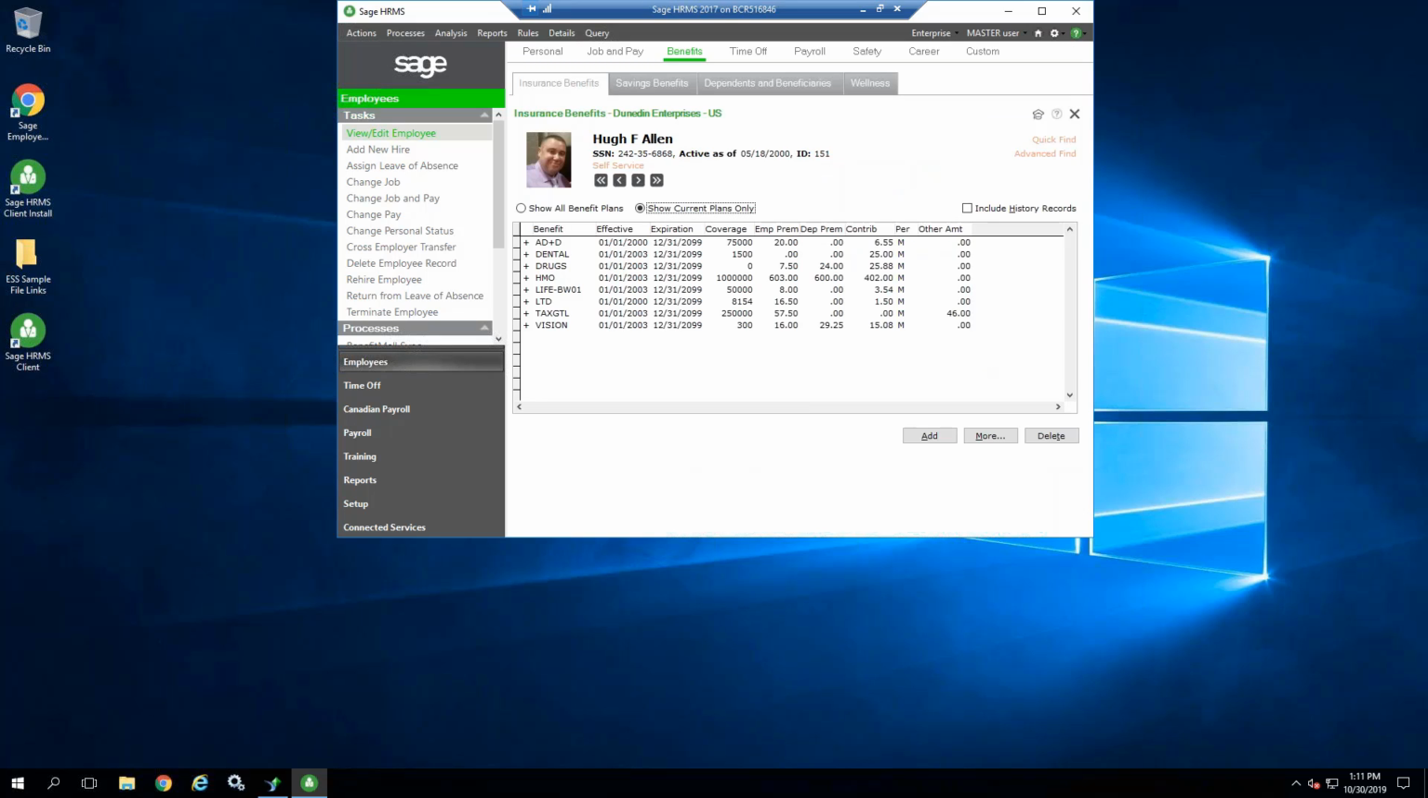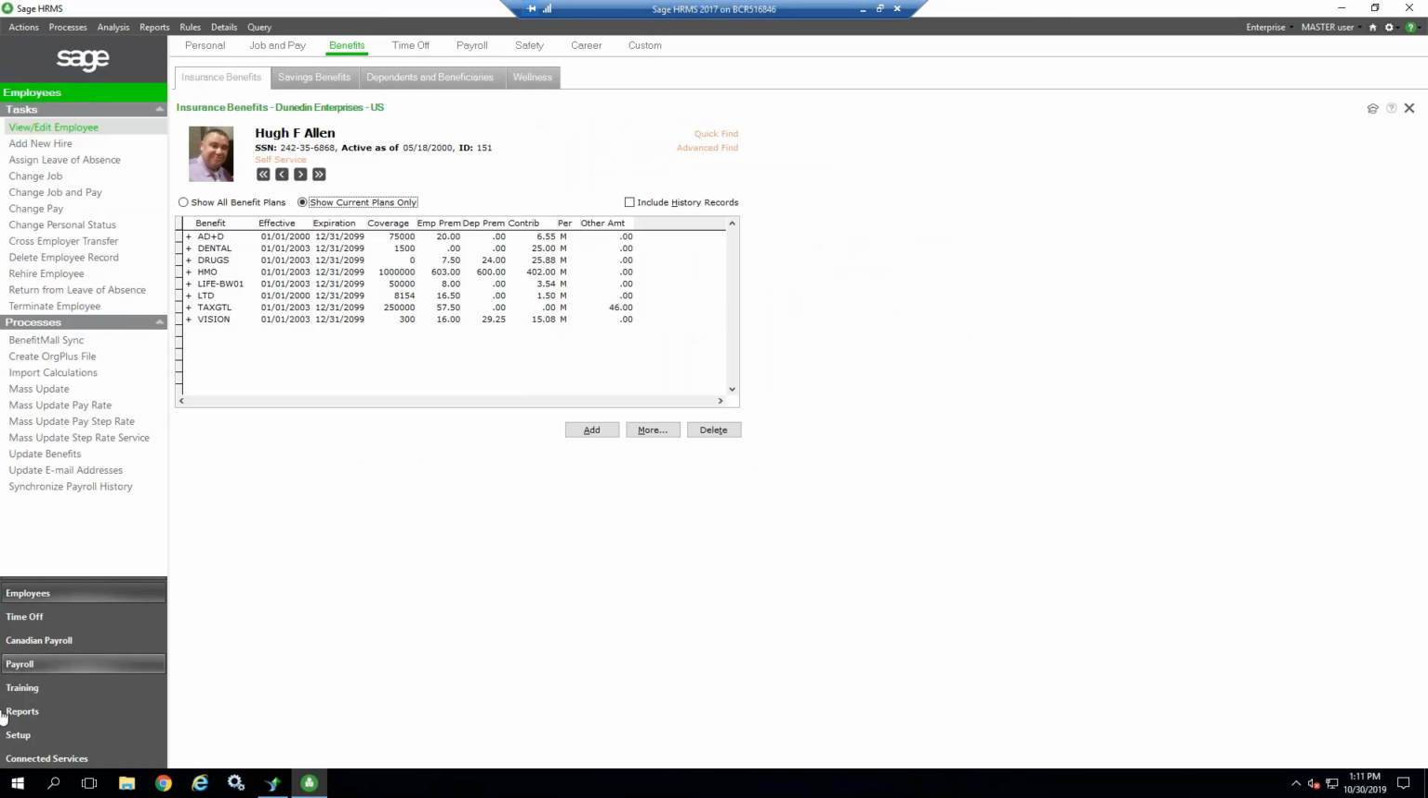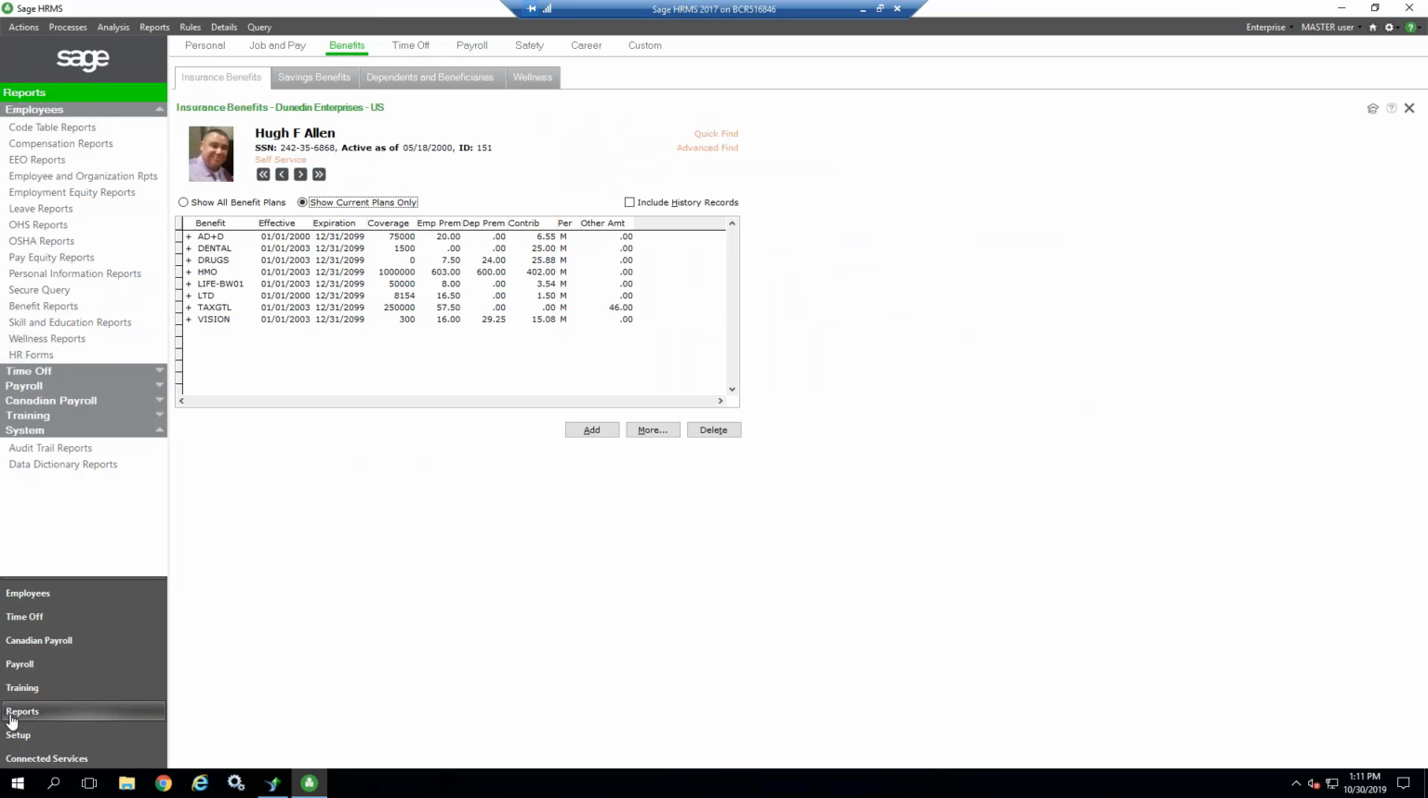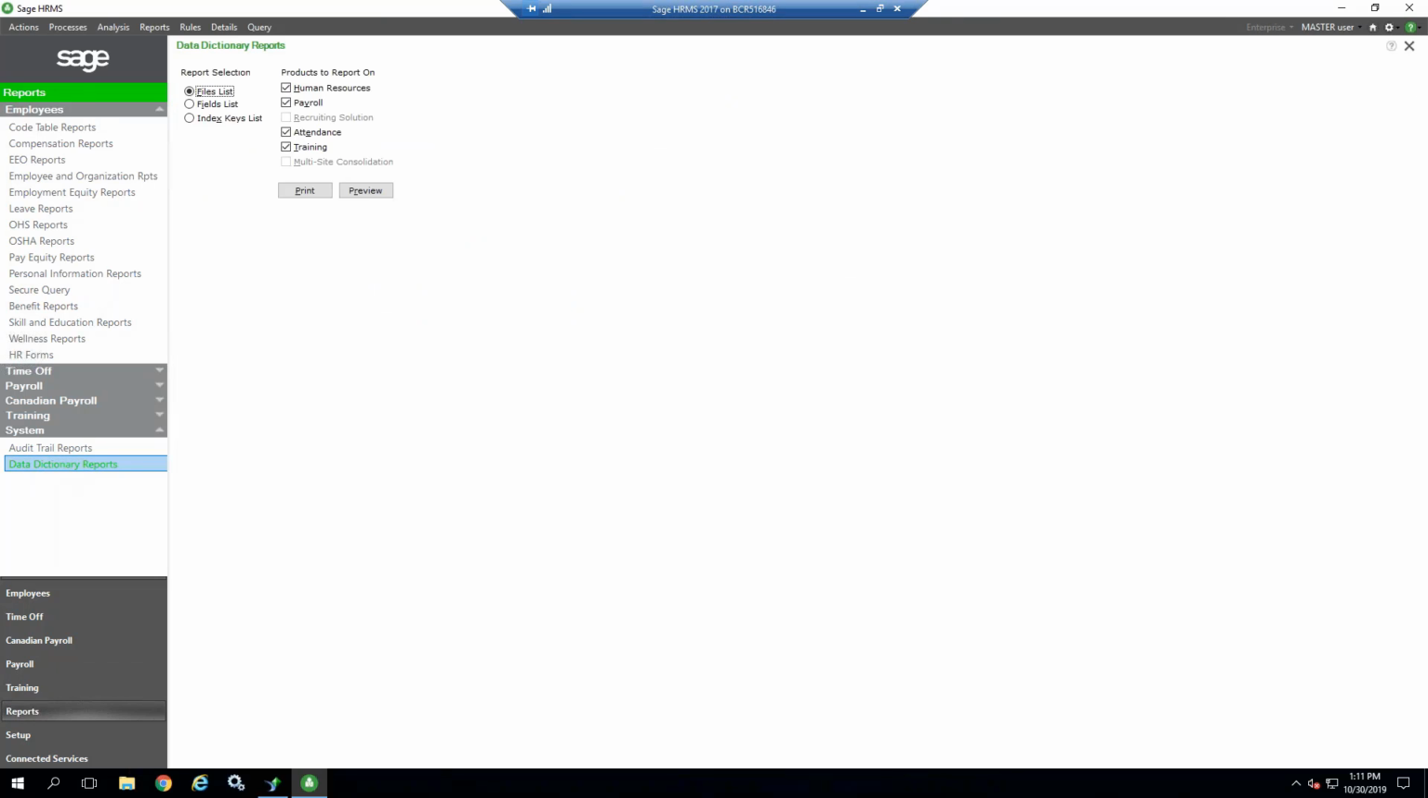Still on page 6 of your handout, we're going to talk about the data dictionary. So let's maximize the screen. To access the data dictionary, it's a report. So I'm going to go into Reports, and underneath System, select a data dictionary report. I can print all of my HR database files. So I've got the radio button on Files list, and I've got Human Resources selected. I'm going to click Preview,